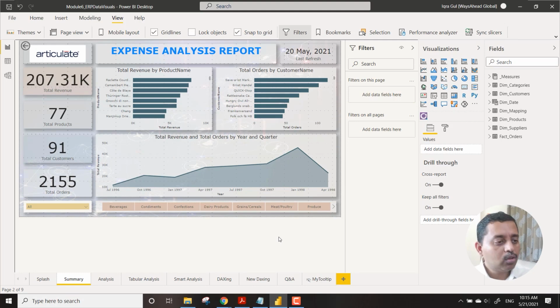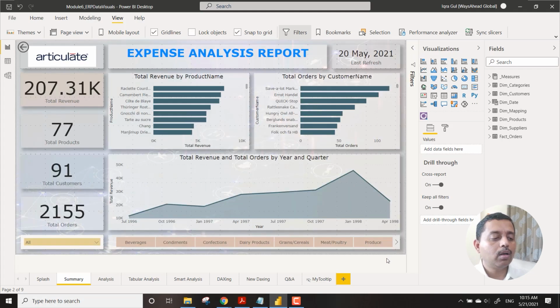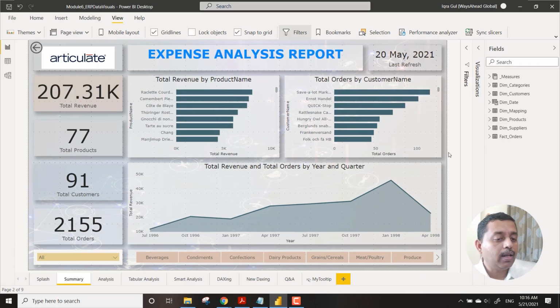Now after doing so much of the task, it's the turn to actually move your report to a place where it will be used for mobiles, let's say. This report that you are seeing right now is well consumed as a desktop report, not as a mobile report.